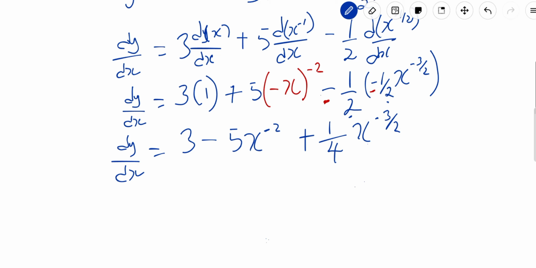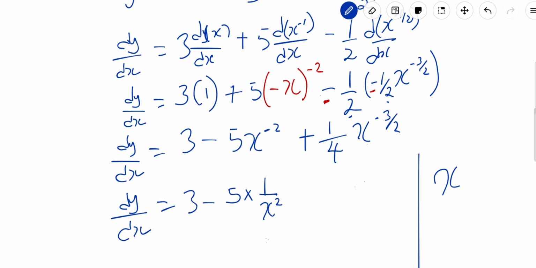And then if I proceed further, this is the same thing as saying dy/dx is equal to 3 minus 5 multiplied by 1 over x to the power of 2, because that's what x to the power of negative 2 means, 1 over x to the power of 2, using the laws of indices that I earlier pointed out. So this is also going to give me 1 over 4 multiplied by x to the power of,